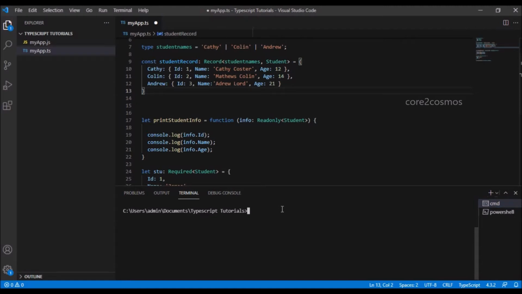We will compile the code by saying tsc space myapp.ts. So once the compilation is completed, we will say node space myapp. Now we are seeing the intended output.